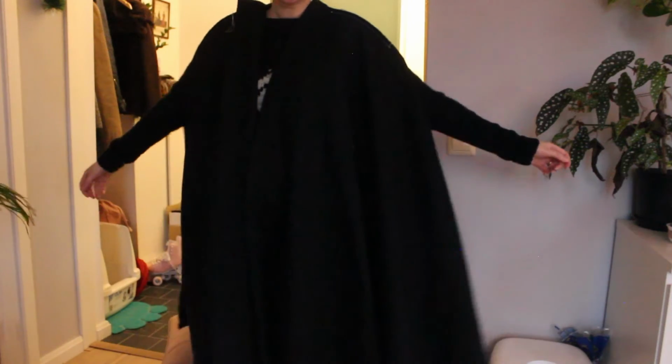So I am actually almost finished. I will stand up and show you. This is going to get warm. Okay, I will move it ever so slightly. Ta-da! It is very swoosh. It is a full circle cloak. I am going to be making buttons down the front,